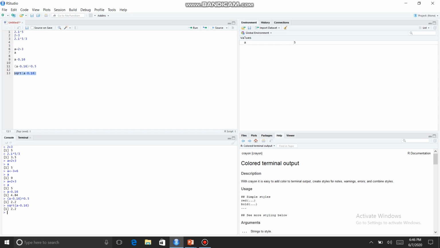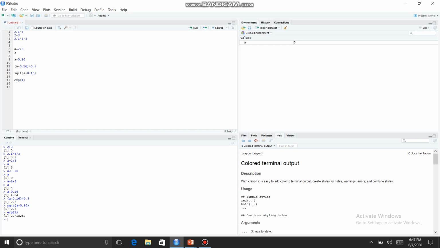It gives the answer 2.2. Similarly, we can use the exponential function as exp in brackets 1. Select the code and click on the Run option. It gives the answer in the console window. Remember this: the moment I open a bracket, it automatically closes it. It eliminates the error of an unmatched bracket.